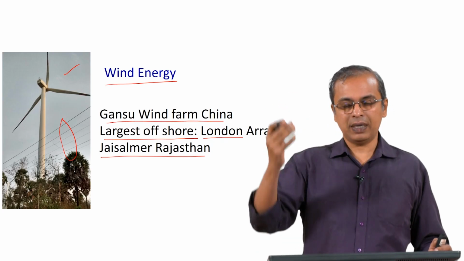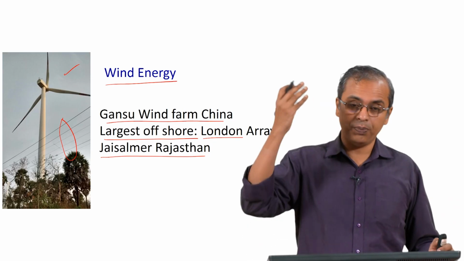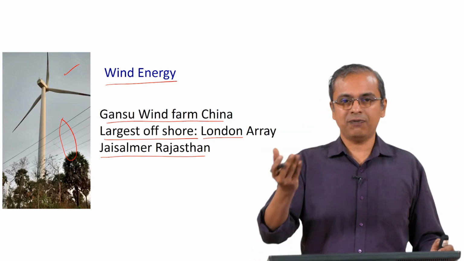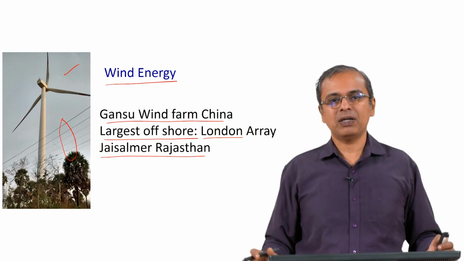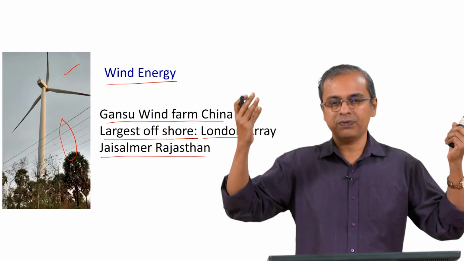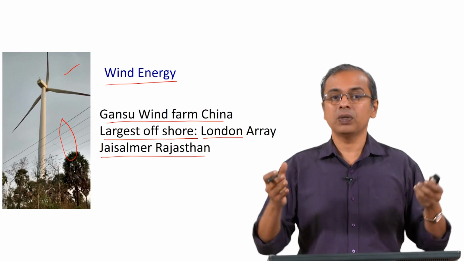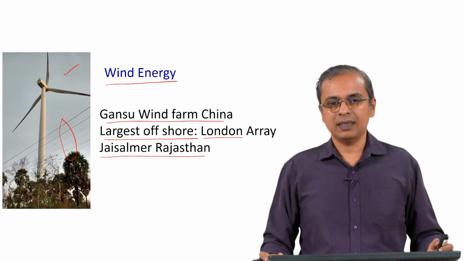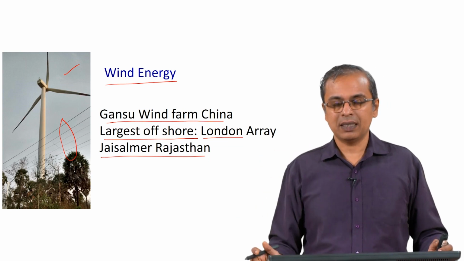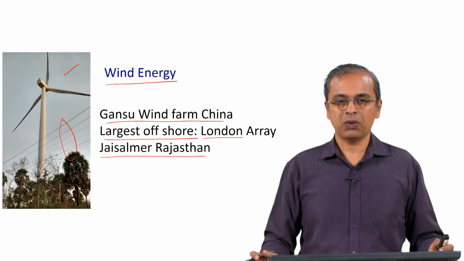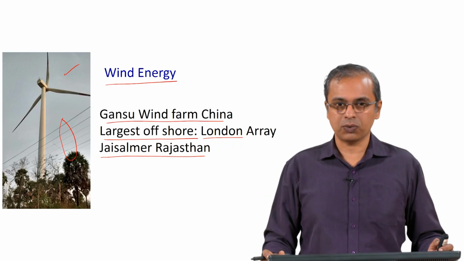There are buildings where they try to set up a windmill or a windmill based power generating unit at the topmost floor of that building. Usually there is fairly good breeze at the top floor, and they try to see if they can at least power that building. That is a very interesting way to go about it, because if you can set something up at the top of the building using wind or some other form of energy, like we are going to see solar energy too, and capture energy for the building, then you are done. You do not really have to look at transmission losses, you do not have to look at pollution, all that is done within that building. So if you stick to these kinds of clean sources of energy.